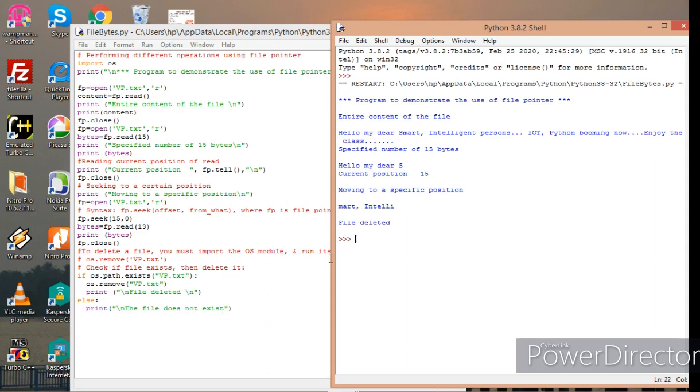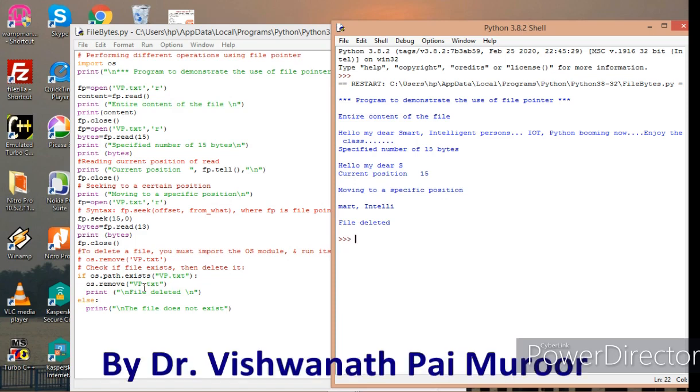In this case, the file is deleted, because that vp.txt is in the same path. So this is how I can move the file pointer to a specific position, read the number of bytes I want, and perform all these operations. At the end I have also shown you how to delete a specific file.